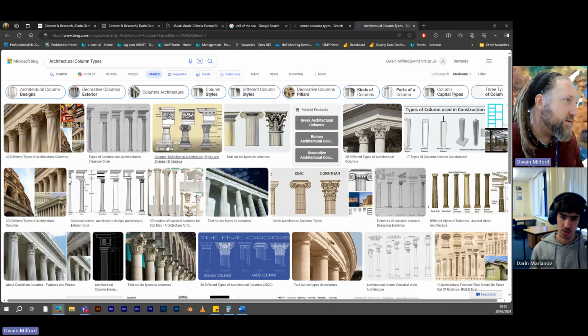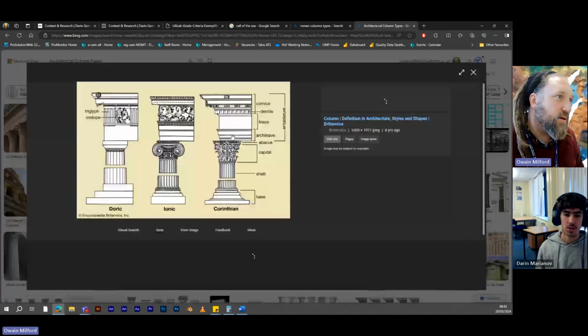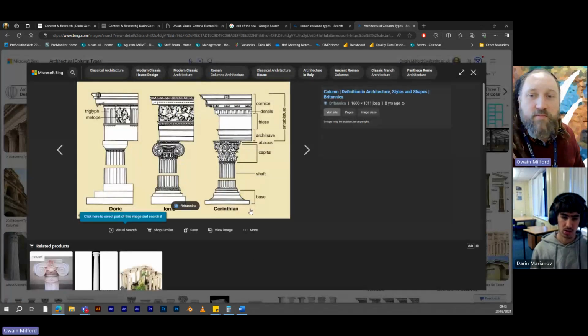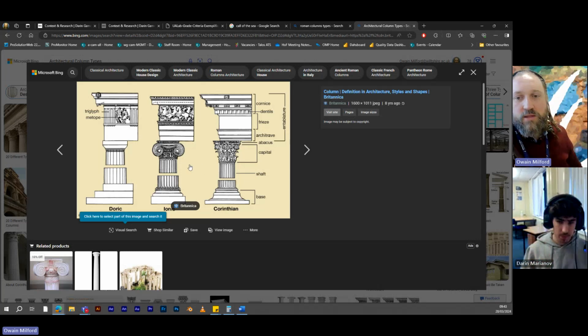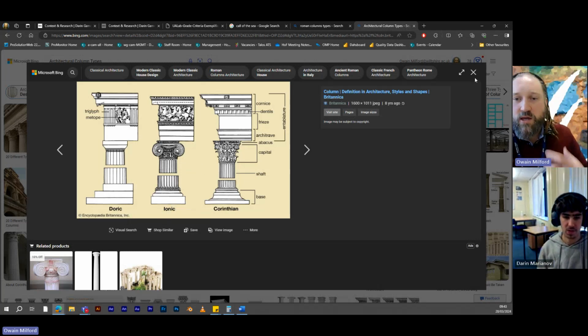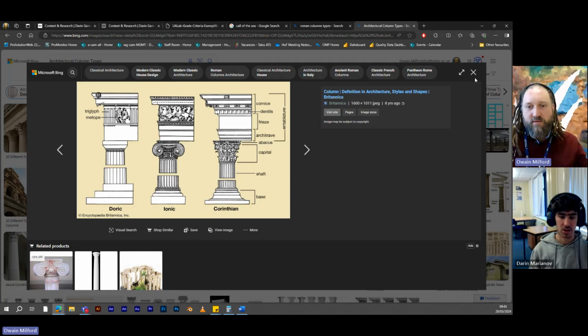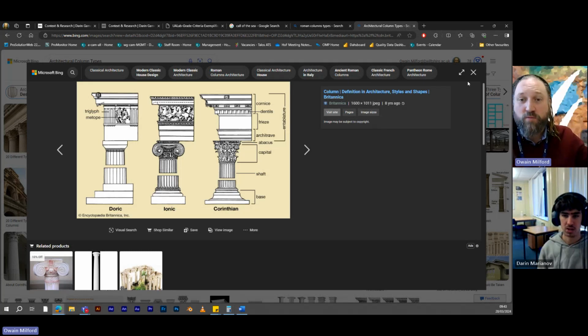Let's have a look at different ones. Let's go into that. Corinthian, yeah, it's a different part, different sea, different area, really different style. So it's just things like that. Once you start looking into the architecture, that'll help you build, even if it's an interior. I'm not saying it has to be columns, but whatever it is, whether that's the bricks being used, whether that is the size of the base,